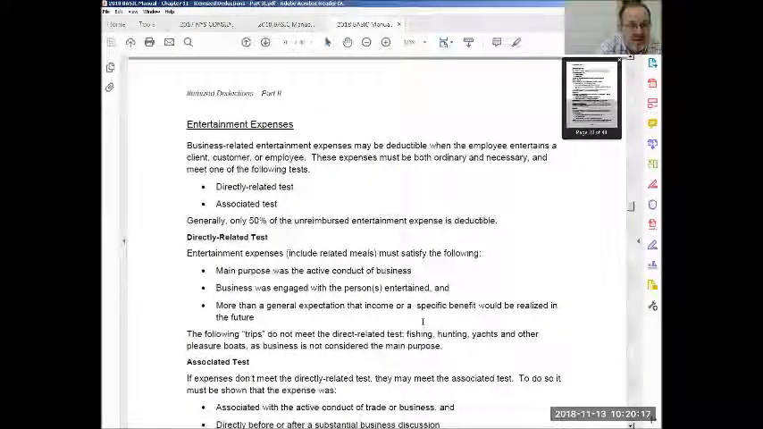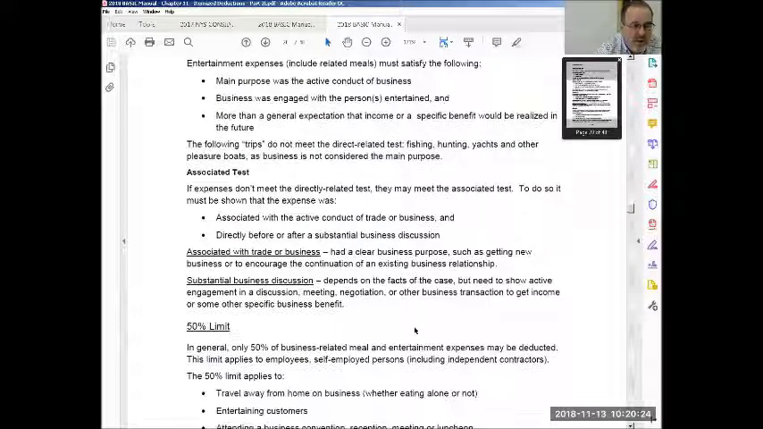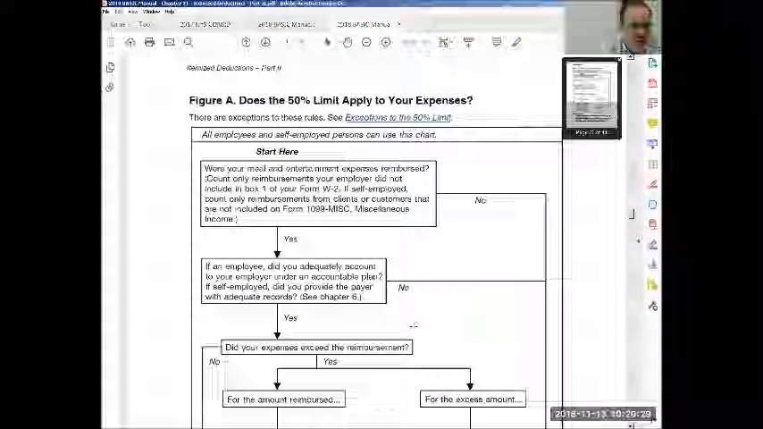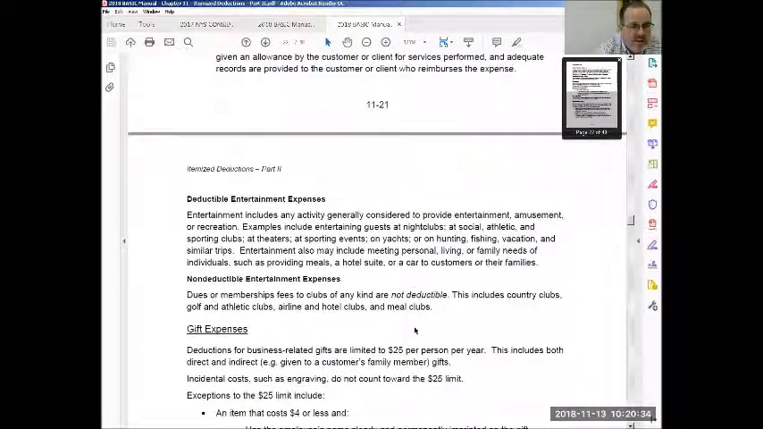In the middle of 1120 there's a little section that talks about the directly related test. And again, we have that 50% where we talk about the limitation there. At the top of 1122, it talks about the deductible and non-deductible entertainment expenses. And again, what they're basically trying to say there is